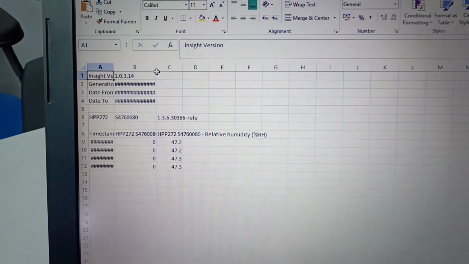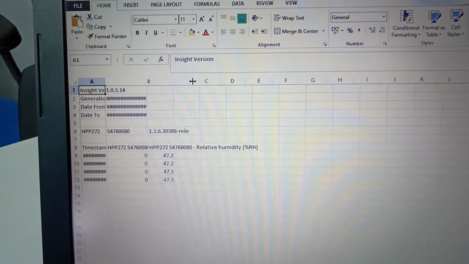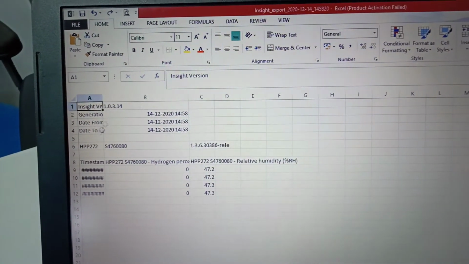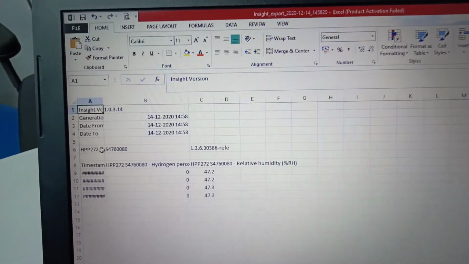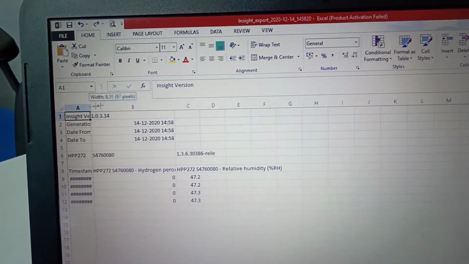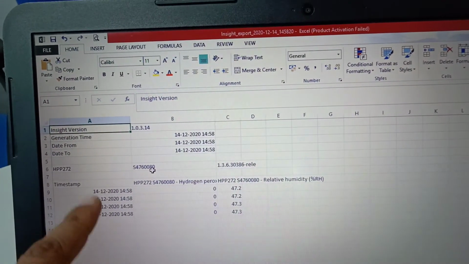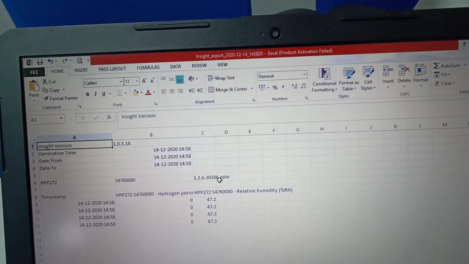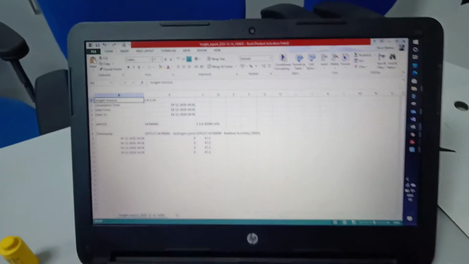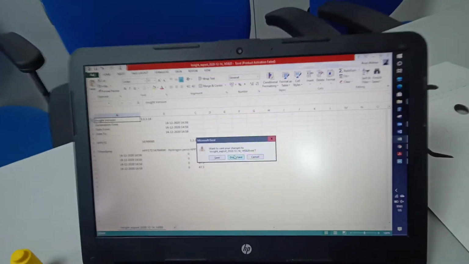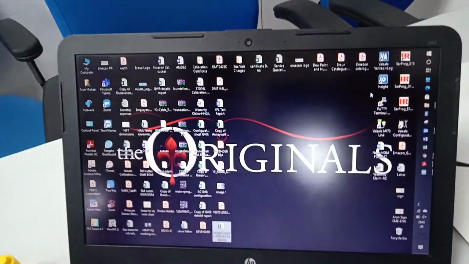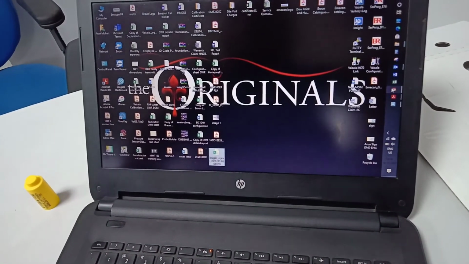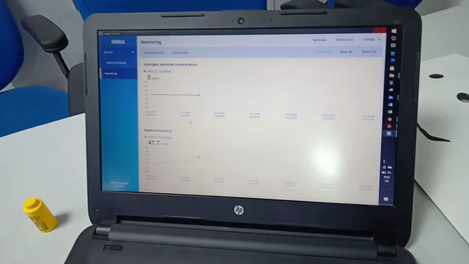So this is the timestamp, date, generation date, and then this is the timestamp 1458. So you are able to log the data. This is called logging, and then you go back to Insight.